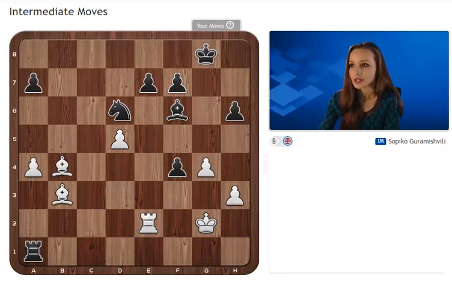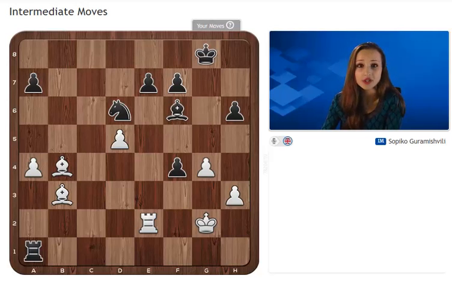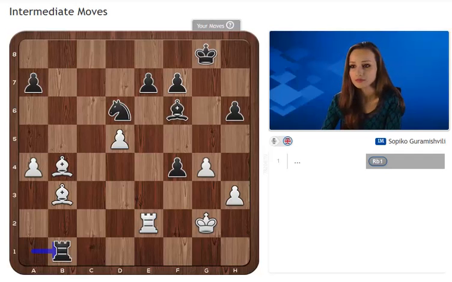Let's go to another example, and this is the game Rossetto against Ch15. So black is having a pawn, but white has two bishops and some hopes to survive the game. Though after logical rook b1, there is double attack on the bishops, bishop d6,